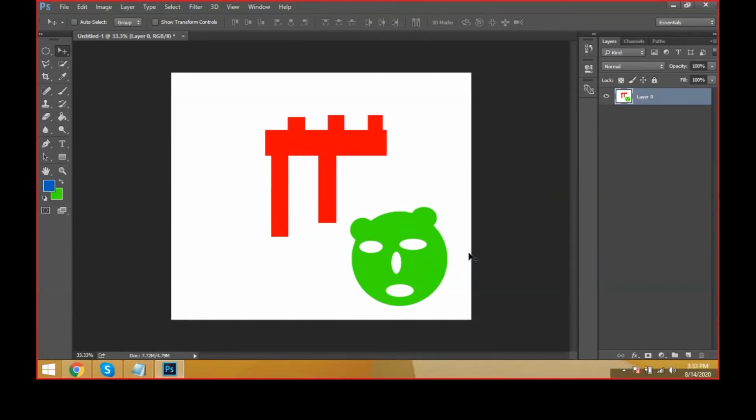Here what we should understand is, for every object we have to create a new layer. That is the main thing. For every object we have to take a new layer. Then come backward. Again I have to come backward. Control Alt Z, Control Alt Z, Control Alt Z. I'm coming backward. The selection is there. The color is not filled. That's why I'm just taking a new layer here.